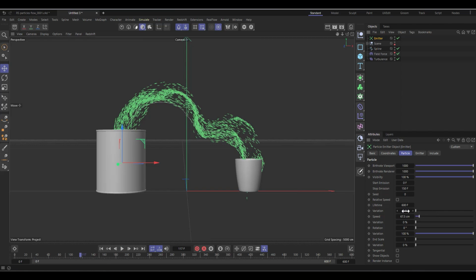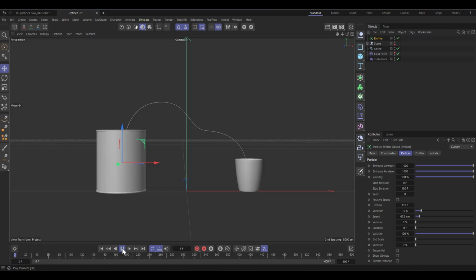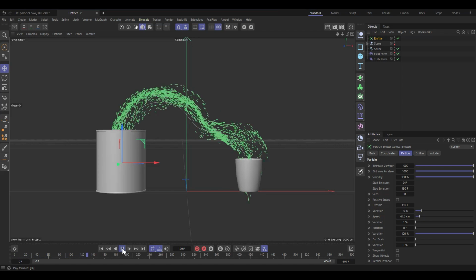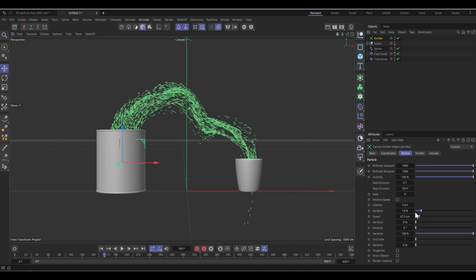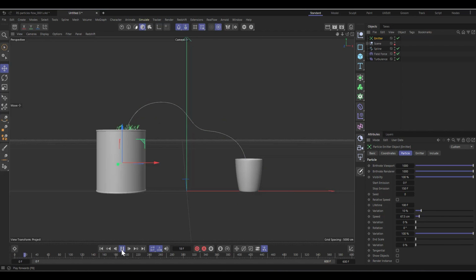So let's set the particle life to probably 110 and add a little bit of variation, like 10% variation. Let's see if we hit play, particles come. I still think it's going overboard, so you can even set it to 100, right? And now if we hit play again, our particles follow the path, and now somewhere here it disappears, which